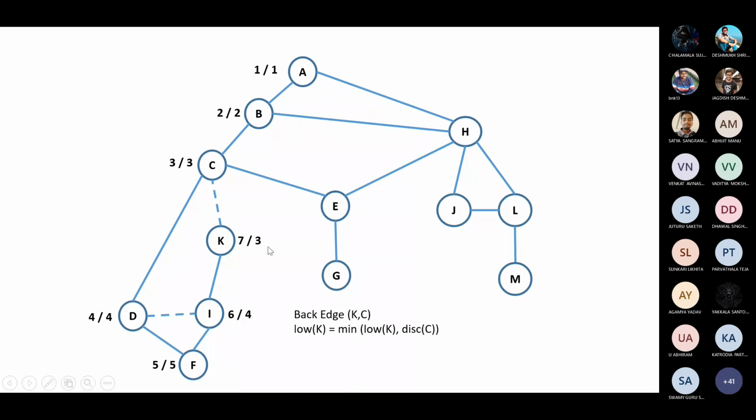So basically low value. Why is it called low value? Because low value signifies the minimum discovery value of a vertex, which basically